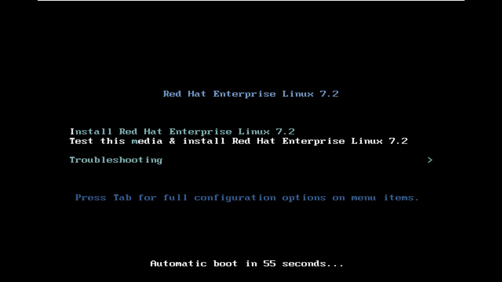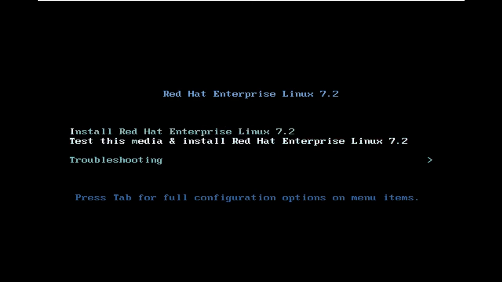Now remember, it is waiting for 60 seconds, and if I don't do anything, it will start this option, that is, test this media and start the installation. But if we have already installed, then we don't need to install it again. So if you stop the timer, then you can go for the first option, but this is also installation.